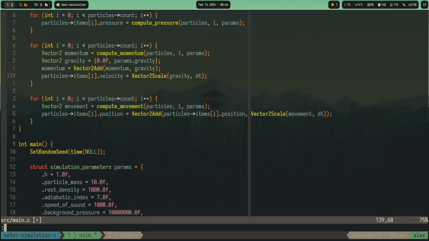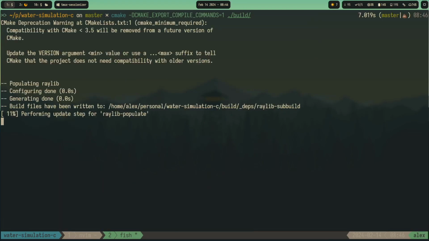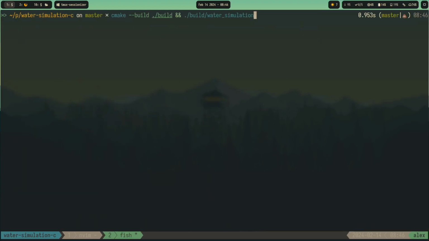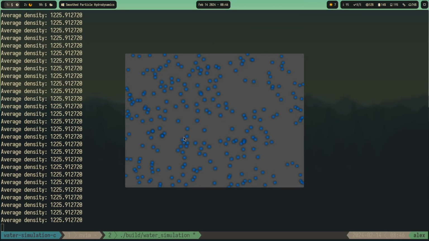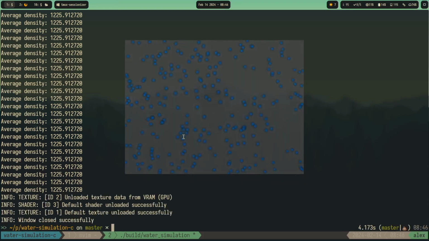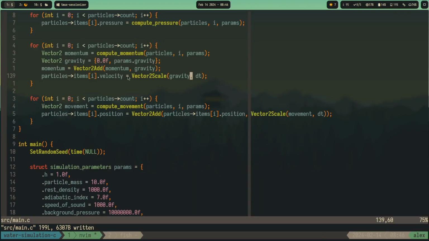Make the particles fall down. The wrong command. So they barely move, right? So equals. But if we add it,